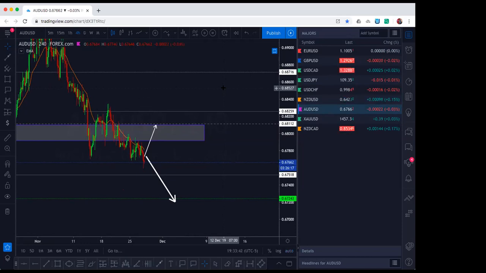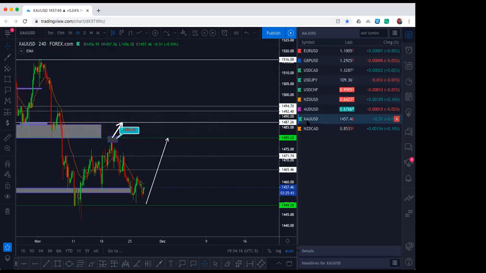AUSD. We're still looking for continuation to the downside out of the market here. And the levels that we would be watching overall is what? 67.24, or we can look for any push to the upside. The area that you want to be looking at is the 68 area. Anywhere in that level, you can anticipate the market to push to the downside, right? So there are two pairs, and for